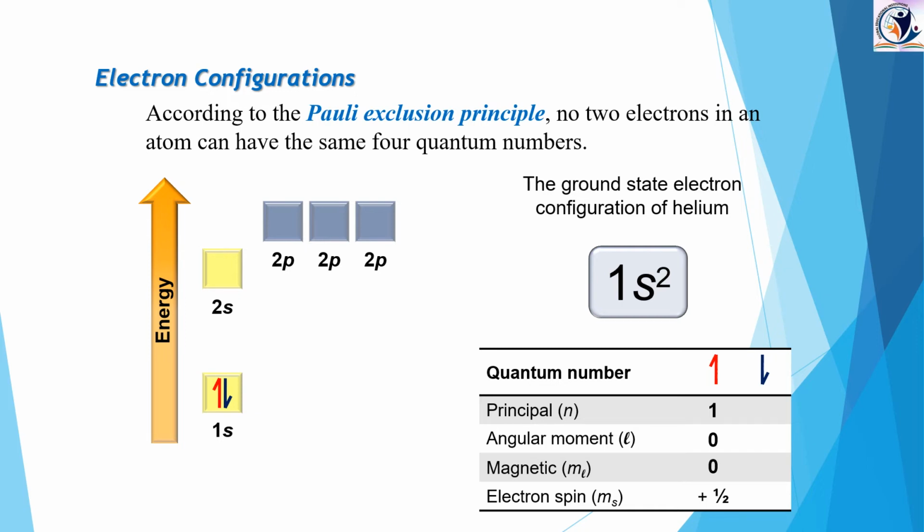Now coming to the next electron, the downward direction electron. Whatever the direction, it belongs to 1s itself. So the principal quantum number is again 1, the l value is of course 0, and the magnetic quantum number is 0. But coming to the electron spin, it is in the downward direction. In the downward direction, which spin does it have? Negative spin, so minus half.